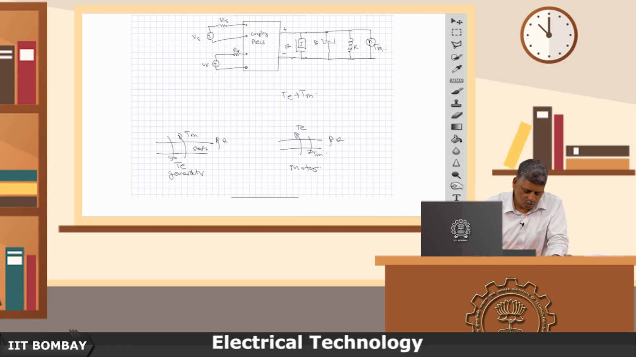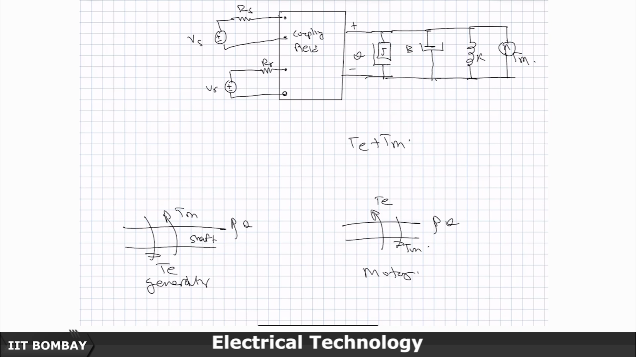But in the generic equation we can say, okay, I am applying Te, I am applying Tm, and I can take care of the signs, which is positive and which is negative, when I am discussing generator and the motor. So when I am discussing motor, Te is going to be positive, Tm is going to be negative. When I am discussing generator, Tm is going to be positive, Te is going to be negative, that is all. So this becomes the applied torque